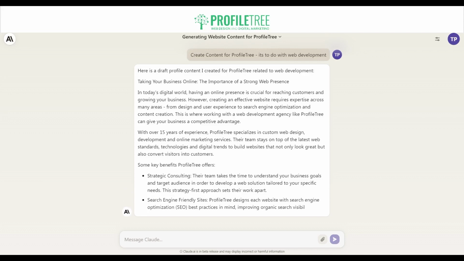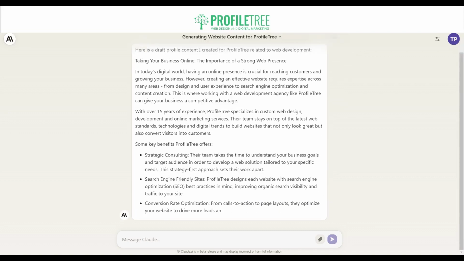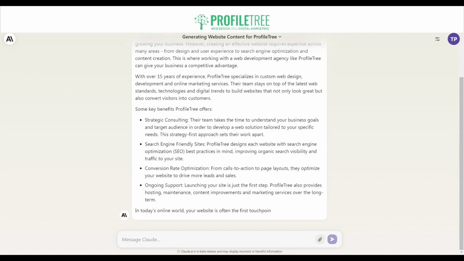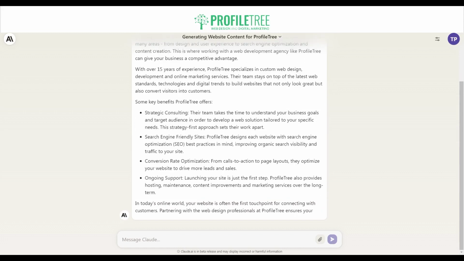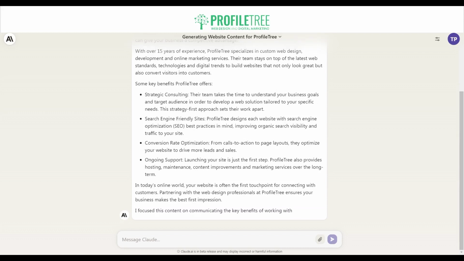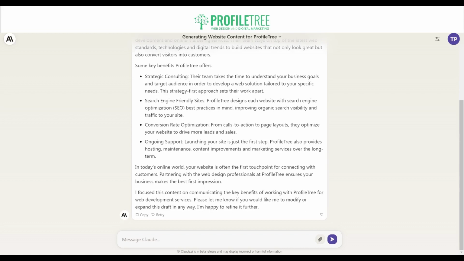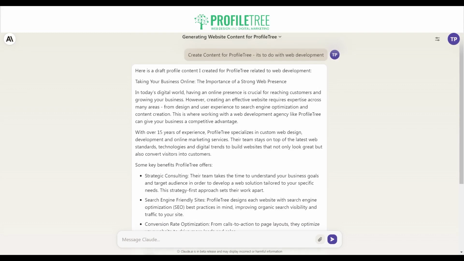So what it usually will do is pull out some information in the web about the business that you're on about. But please do make sure that you proofread the text that the tool does give out. Now it's not going to be 100% perfect, so of course we do need to adjust some minor areas.